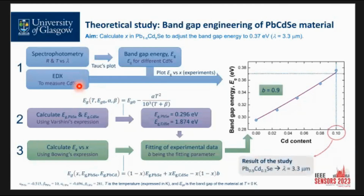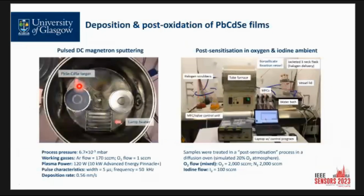And that's, in this case, our goal in our sputtering system. That is the sputtering system. As you can see on the left part, I will use the pointer. We have 2 targets. So the system can work either with a pre-composition of a target content of cadmium, let's say 10%, and we do